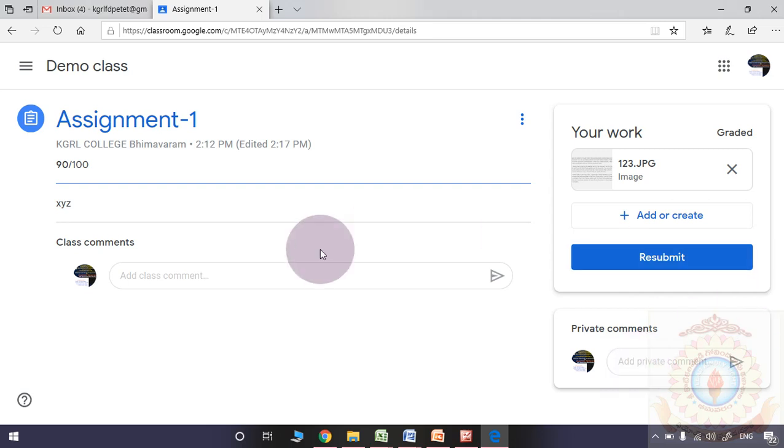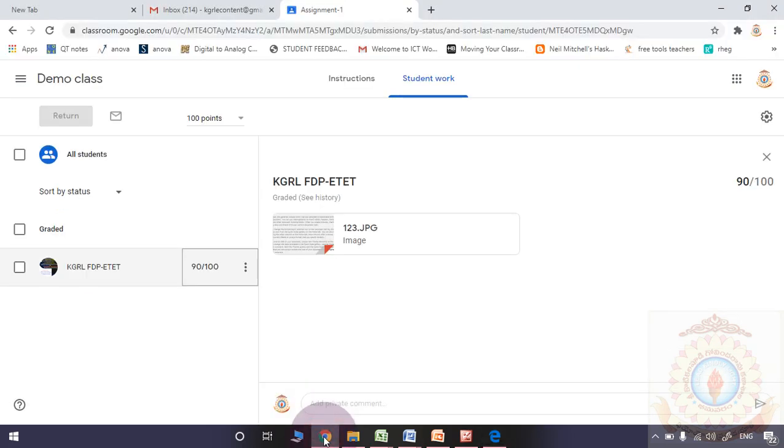They submitted and they obtained some marks. So graded. The student is also getting the indication that it is graded. So that assignment was observed by the faculty and they assigned 90 marks out of 100. Now we will move to the teacher side once again.